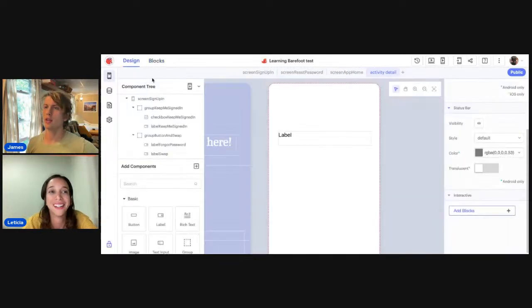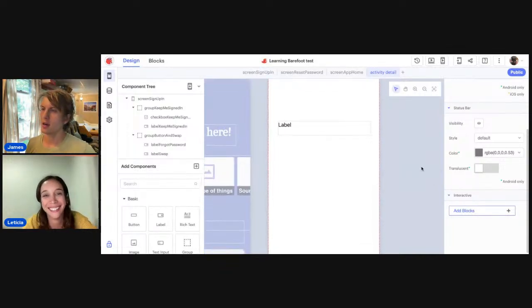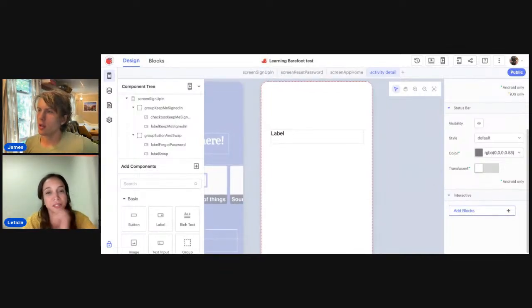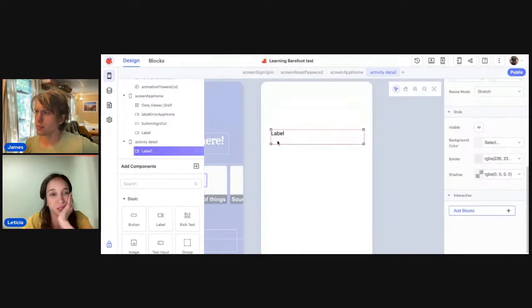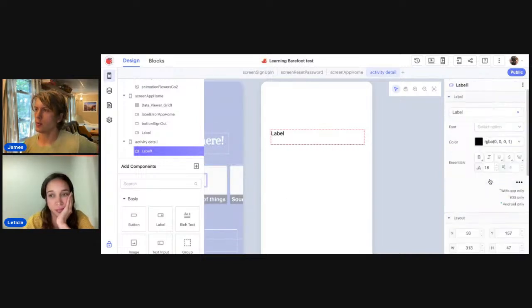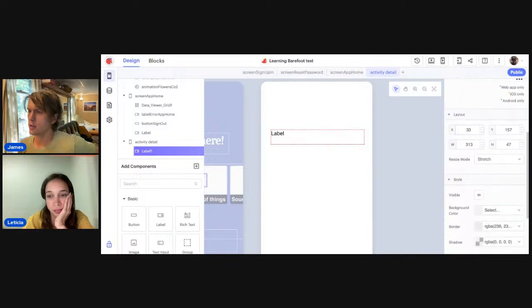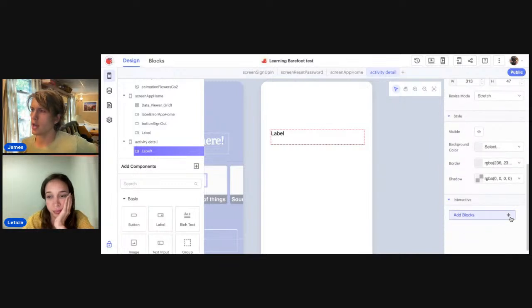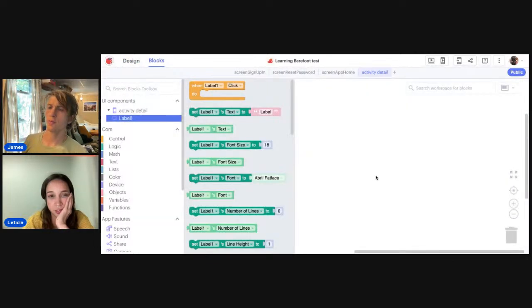The design view. Oh, yeah, of course, that's fine, because I'm not there. So if we click on the label now, let's look at everything we see on the right side panel, starting from the top. We can change the font, the color, and scrolling down, the size, the style, and then this is where we need to add functionality. So let's take the first one and drag that on.